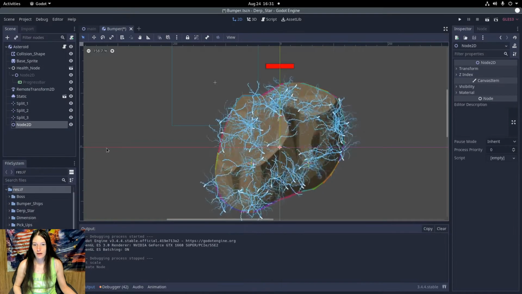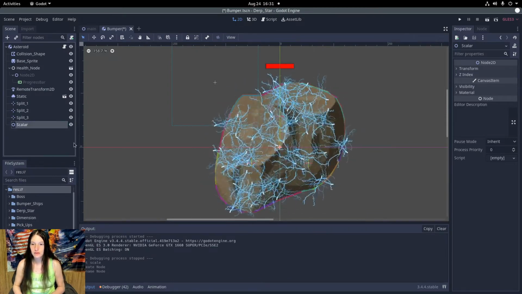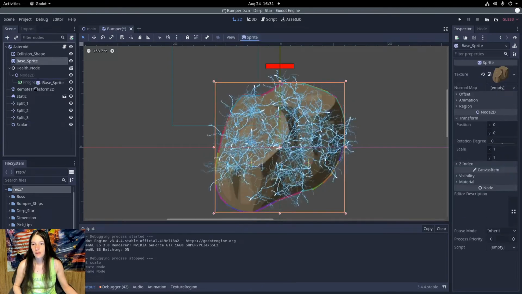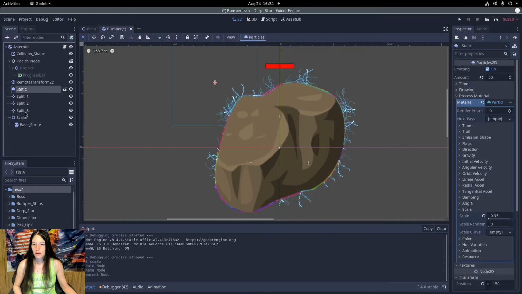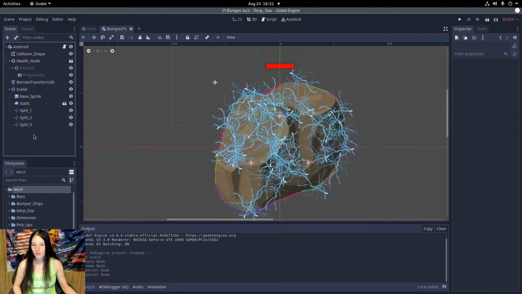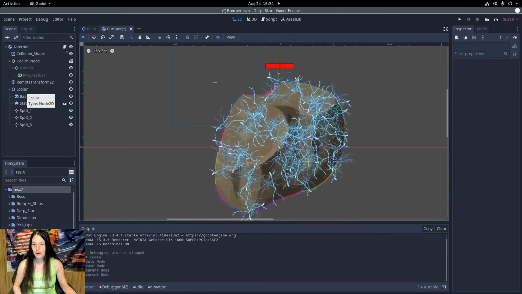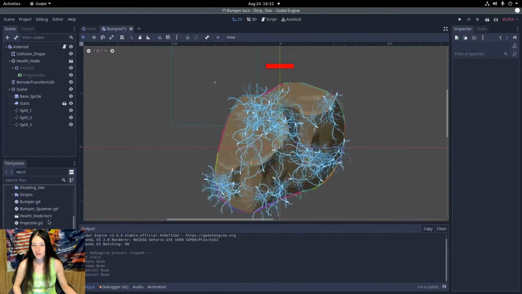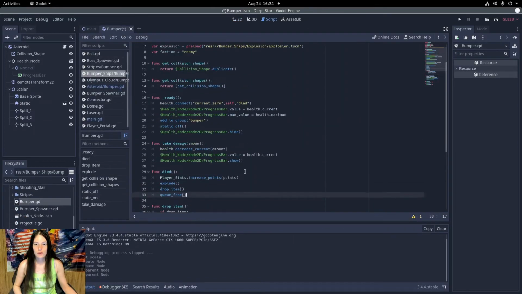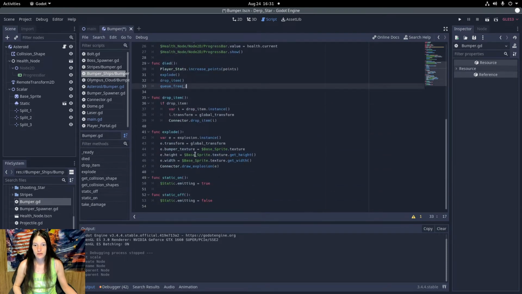So I'm going to make a scalar node to facilitate this. The collision shape has to be directly under the root node, but I can move the rest of these under here. And then I know this will cause some errors. So first of all, in the bumper ship base class, anywhere that we're referencing the base sprite,